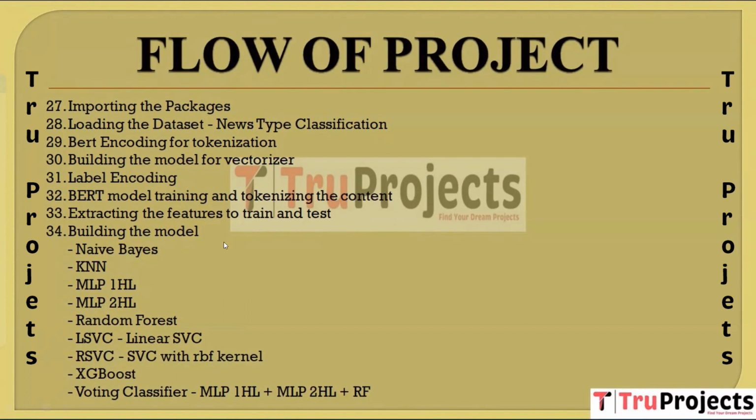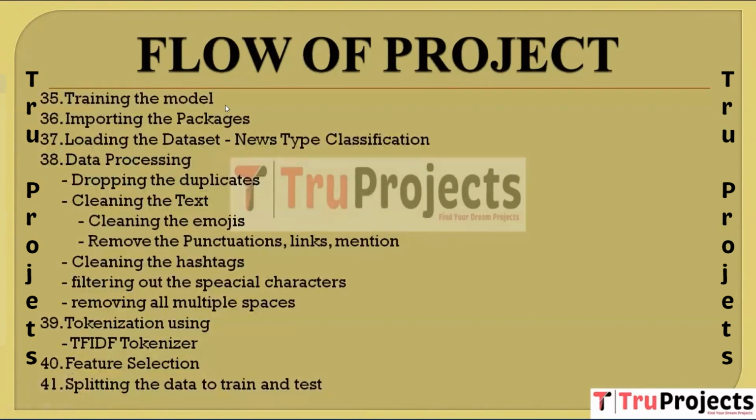Next here we have building the model. Various classification models are built using different algorithms including naive Bayes, KNN, MLP, multi-layer perceptron, random forest, linear SVC, SVC with RBF kernel, XGBoost, voting classifier that combines MLP1HL, MLP2HL and RF. Next here we have training the model. So here in this, the classification models are trained on the training set of features extracted from the tokenized news